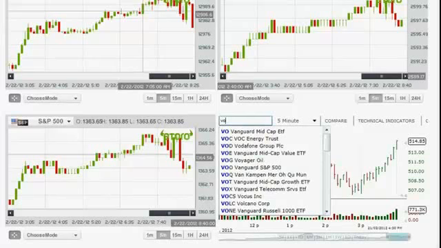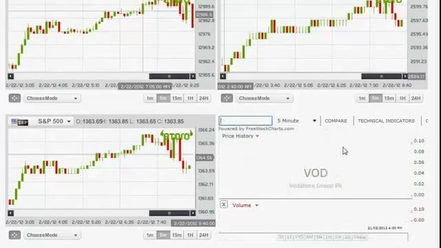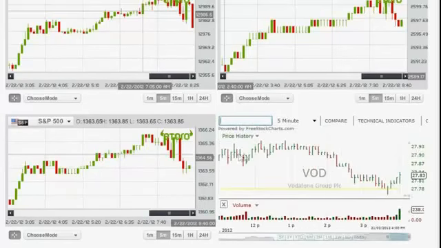I'm gonna enter Vodafone right here. As you can see, it already suggests the stock. I'm gonna click it, and as soon as I click it, I can see the trend line. It's a beautiful downwards going trend starting from this point going all the way down here. So basically it's the same as using the currencies and commodities sections